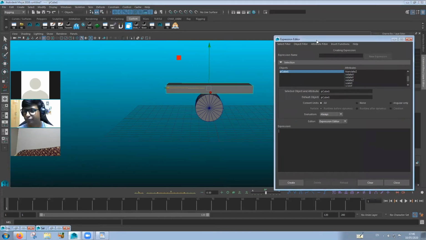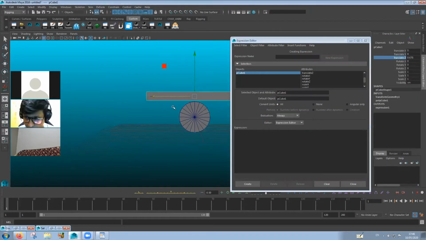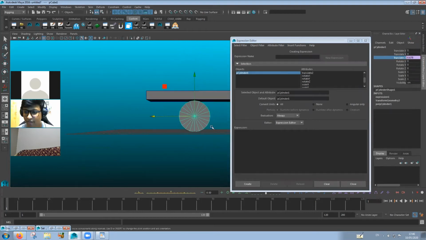All right. So how are we going to do that? The same method. We go over here, we go to translate z over here. All right. And we take the rotate x value over here.